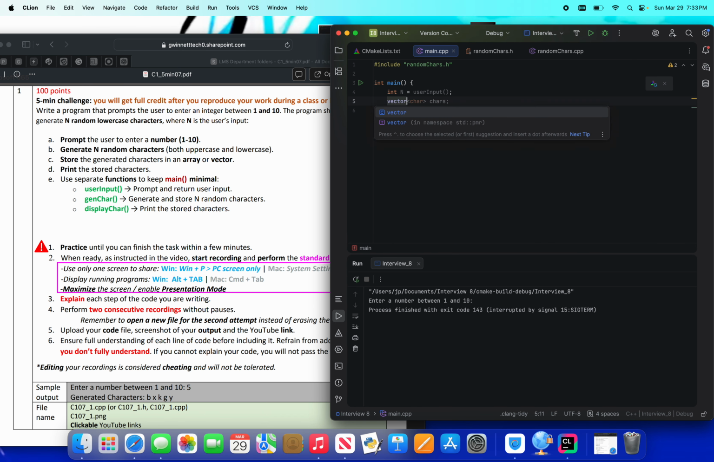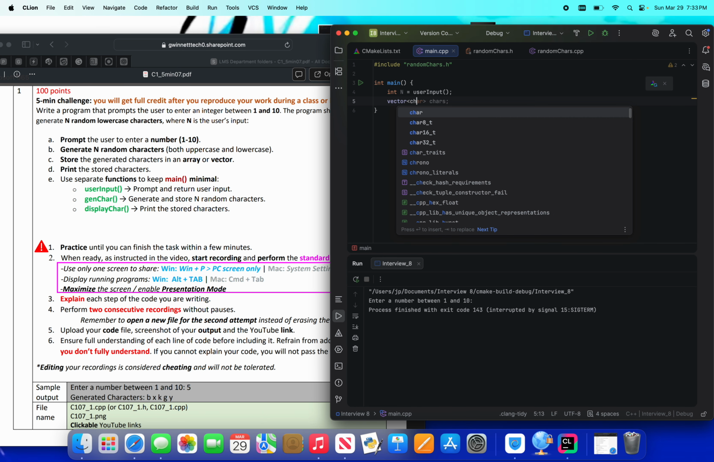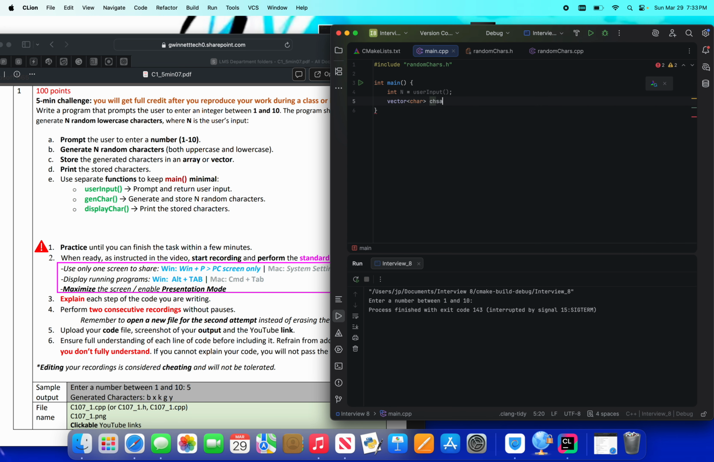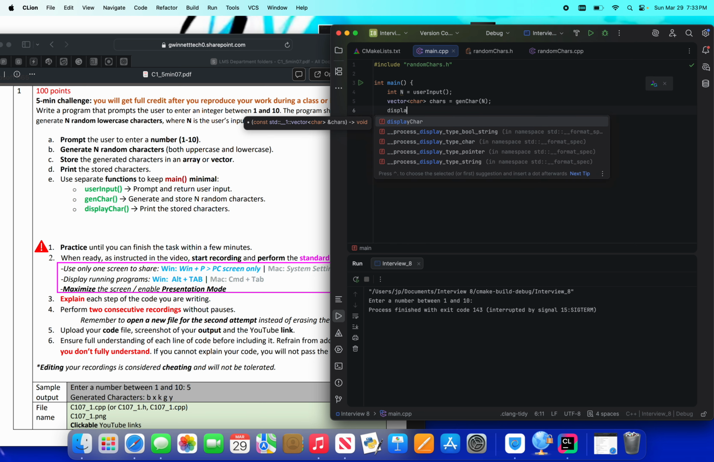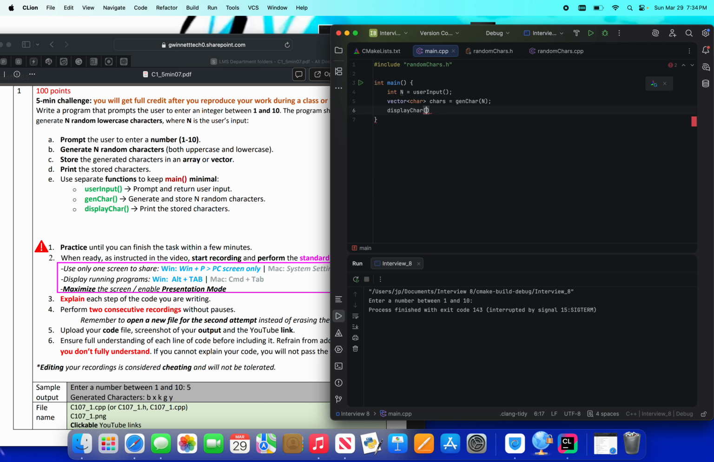This is basically calling each function that we just did on the other CPP file. This is basically calling them so we can actually get our results that we are looking for. And then return 0. So now if I hit run,